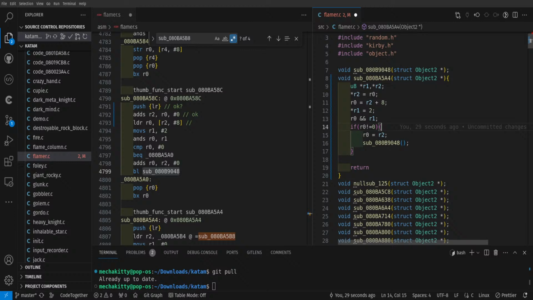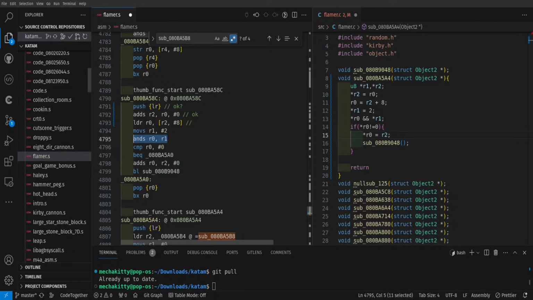Okay, so let's make sense of what's going on here. Again, these are all pointers, I think. Just change this. I don't get the ends. I'm gonna have to look this up, because I don't know what it does. I don't think I've seen this one before. I don't know if it's actually just comparing an end or